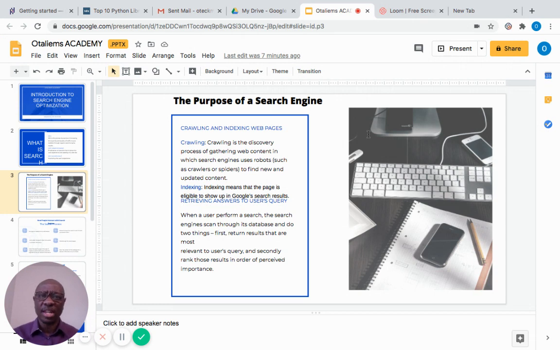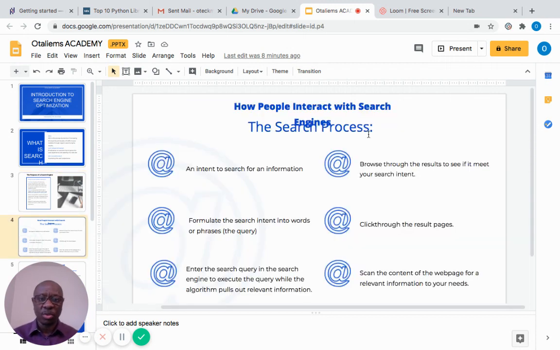Once you put in a query, Google pulls out an answer to your question. This is what the search engine does. That's why I said this is a set of algorithms, also known as a robot, a crawler, or a spider. So now we're going to look at